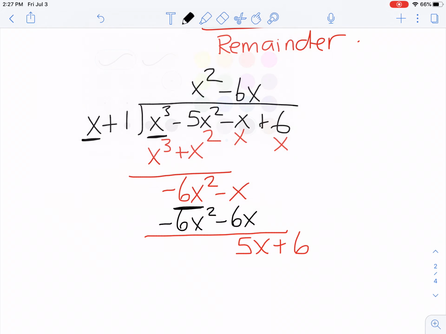So how many times does the x go into the 5x that we have down here? It goes in positive 5 times. Then we're going to take that 5 and multiply it by x plus 1. That gives us 5x plus 5. We're going to subtract 5x minus 5x, 0x. 6 minus 5, 1. So we have